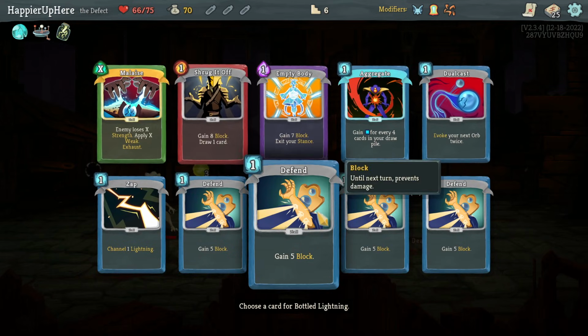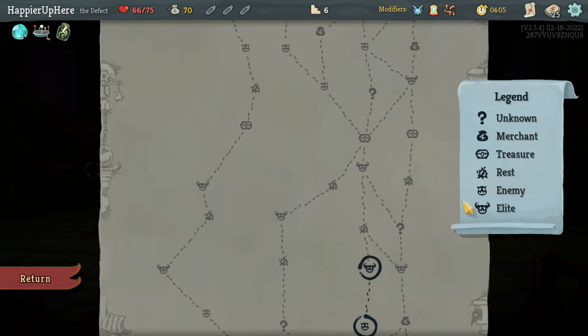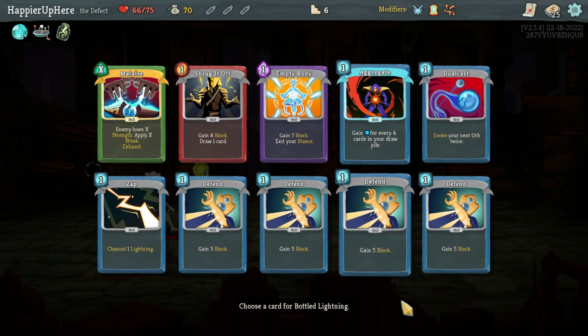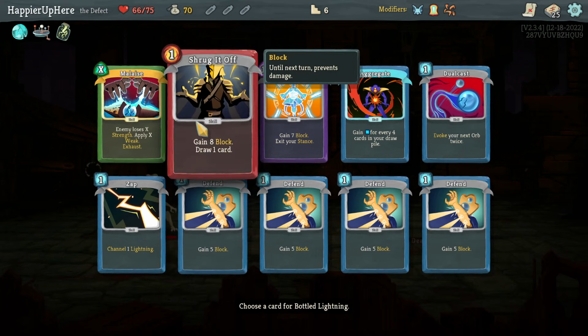I wonder if that should be the Malaise, or the Shrug It Off for extra card draw and a little bit of block. This is a tough choice. Aggregate might be good, but only if I get other cards in my opening hand, which is not guaranteed. Other good cards, card draw cards. I think it's between these two, and honestly, if the enemy side